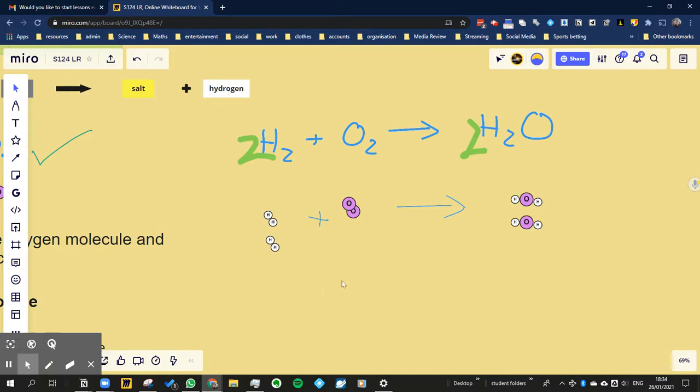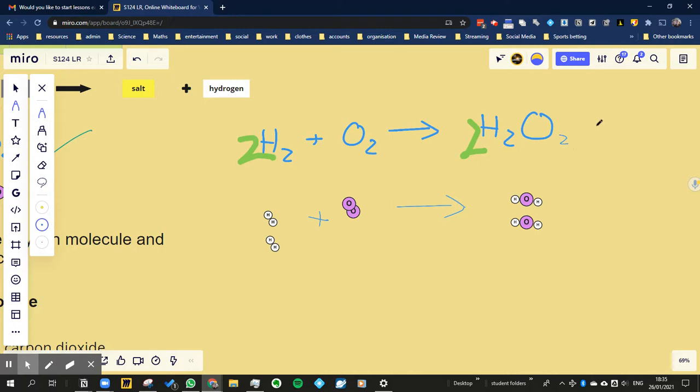So one thing to make clear about that here is you can only change the number of molecules. You can only write the big numbers here. You can't change the formula. If I changed the formula and wrote a 2 there, then I'd be changing the molecule. So if I wrote